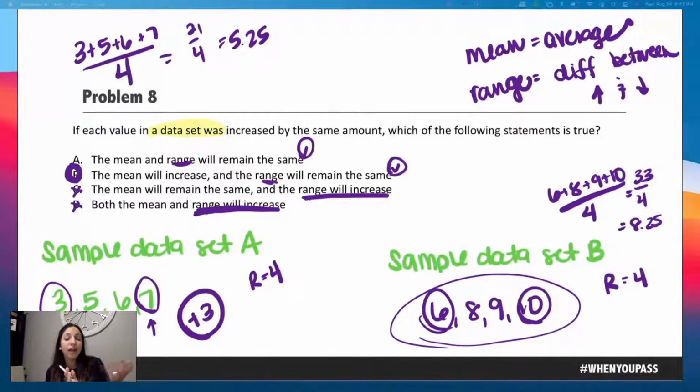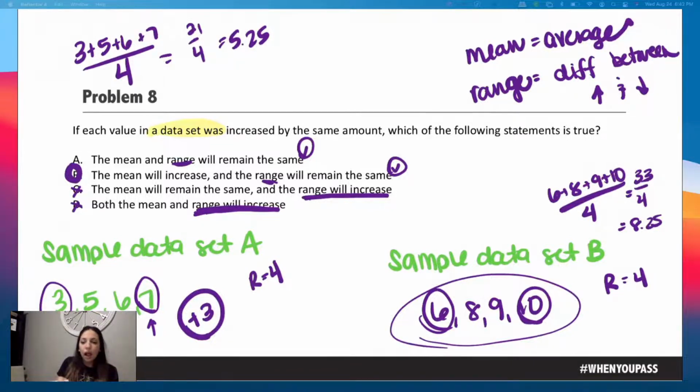Do you have to do that? No, I guarantee you there are people in this room right now who could conceptualize that without creating their own numbers. And that's awesome. I wish I was one of those people, but I'm not. And so I just made up random numbers to make this problem a little easier for me.